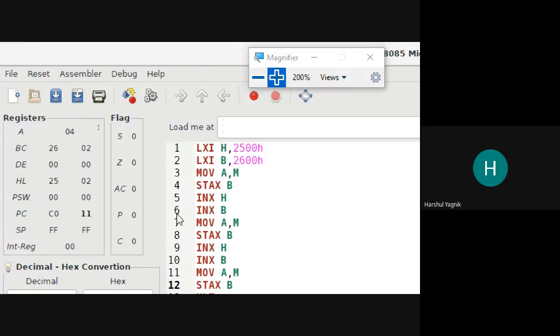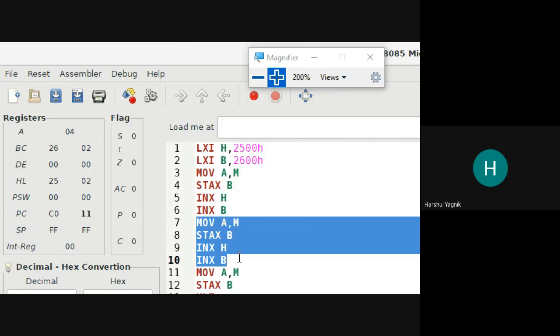Is this clear? No matter how long the array is, you can repeat these steps: MOV A,M, STAX B, INX H, INX B, and this sequence shall be repeated.